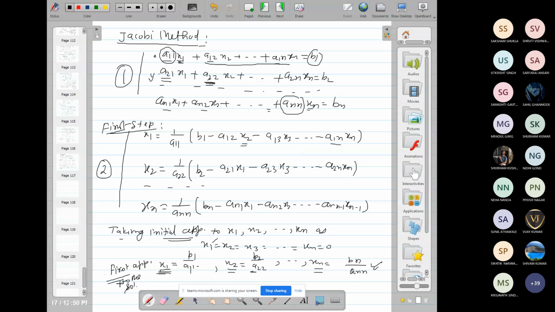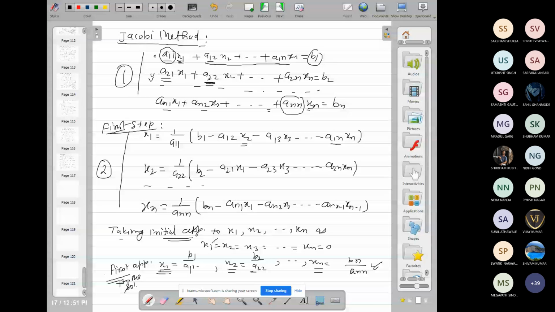जस्ट आपको पहले चेक करना है कोफिशिएंट ऑफ x1 x2 एंड xn आर लार्ज इन मैग्नीट्यूड in first, second and nth equation. If not large, then interchange the equation such that these become large in magnitude, and then write the value of x1 x2 xn from these equation, first, second and nth equation, and then take the initial approximation 0.